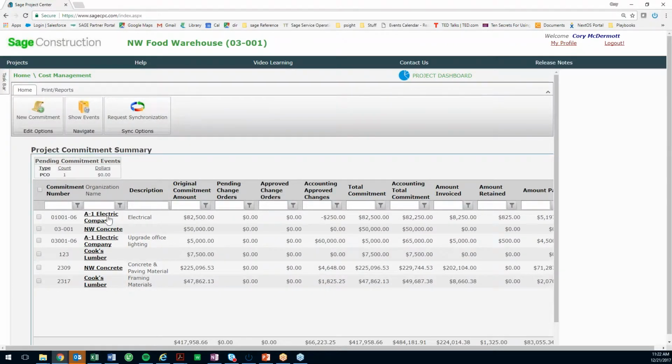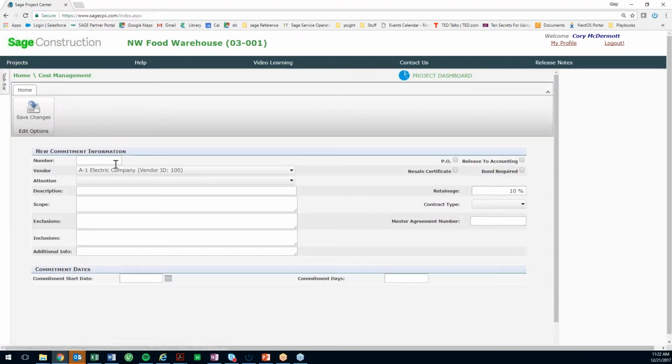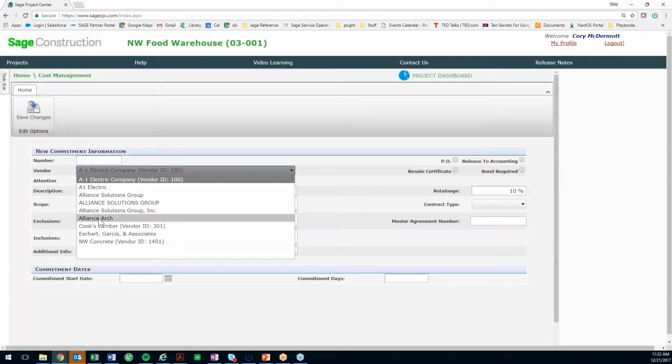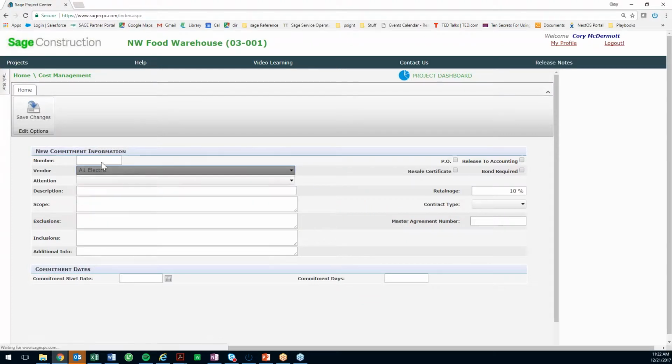This is on commitments. So here I can see a list of all of the commitments that I've issued on the job. You can have multiple commitments going out to different subcontractors. So when I want to spin up a new commitment, I enter that new commitment here. I can enter a custom number on that. We select from our vendor list who is on that job. So if I was just to go with, again, my A1 Electric, I'll call that